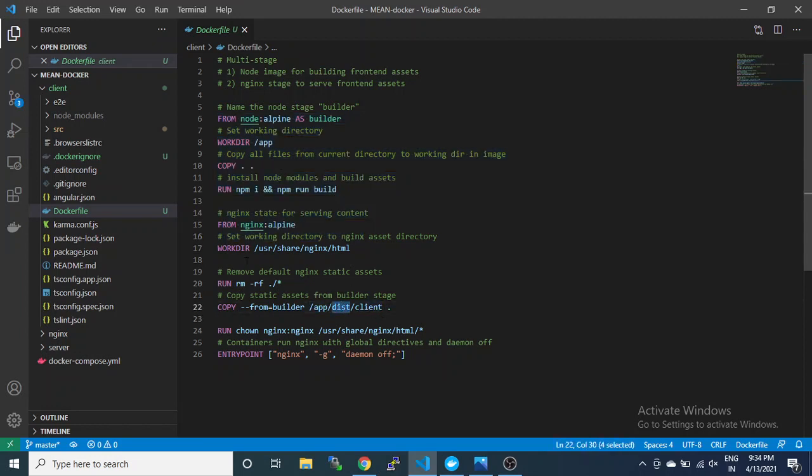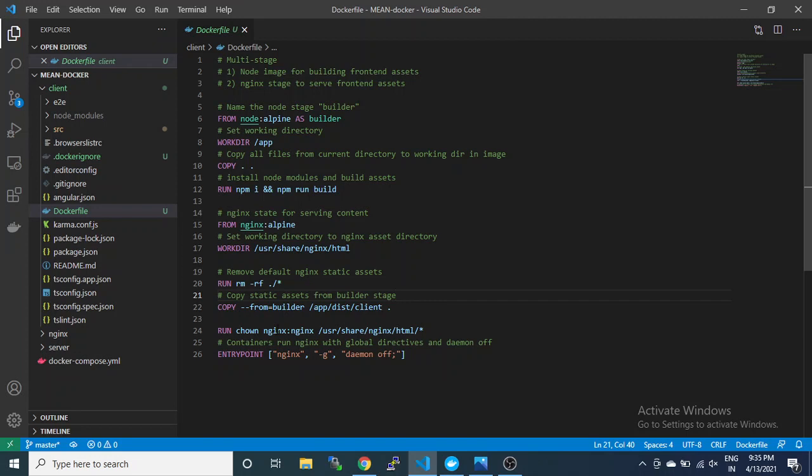When we build, it will create a dist folder, and inside that it will create all the files inside the client. So we will copy from this location to the root of the working directory of nginx. Then you can run this one.